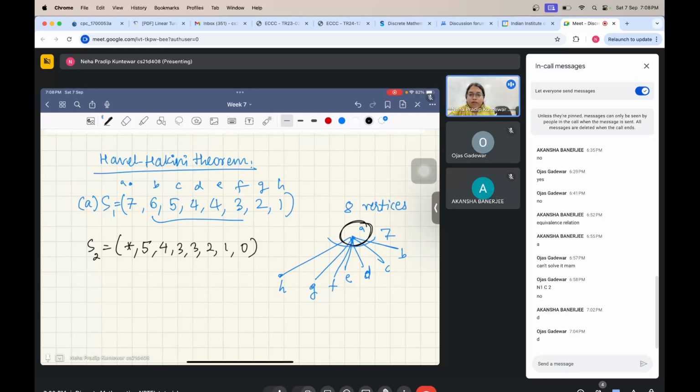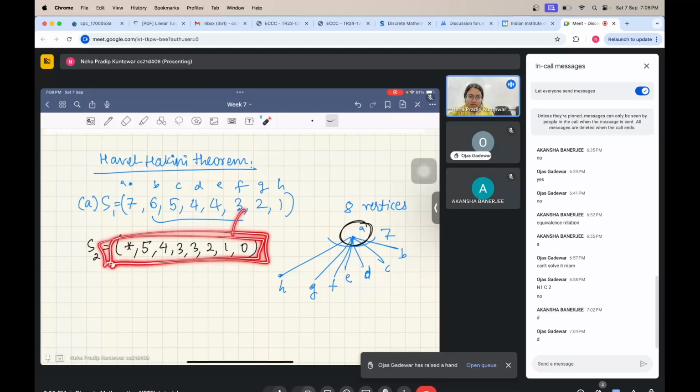And now what your Havel-Hakimi theorem says is that if you can draw a graph for a sequence, then it's called a graphic sequence. So if this is a graphic sequence, then this is a